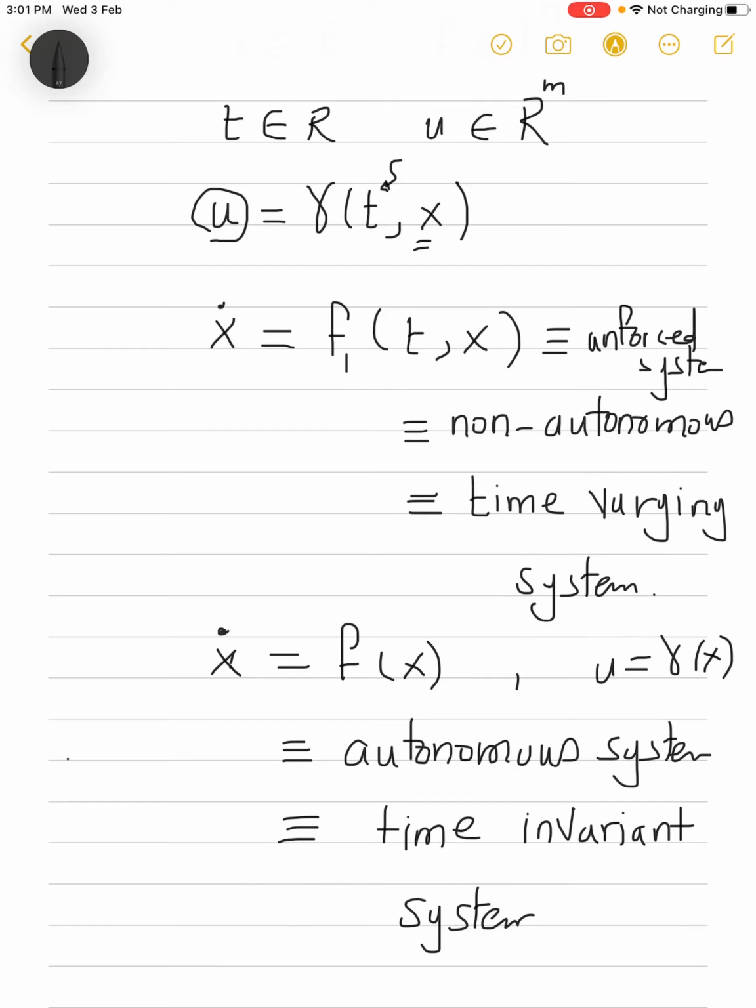So actually in this video we are going to concentrate on this kind of systems, the time invariant system or